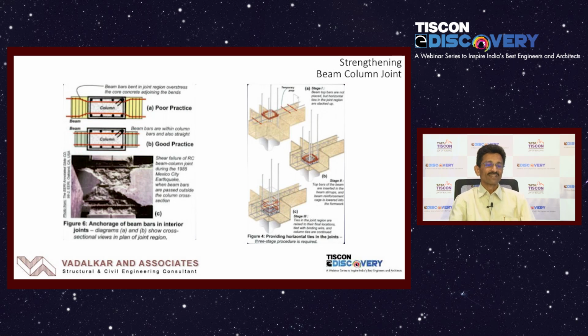This is another sketch which shows the poor practices which are generally being followed even today. We are just putting the bars of our beams inside the column, turning them inside and joggling the bars. But ideally, if the column width is slightly more than the beam width, then we can take the bar straight. This is a good practice. If you try to do this, it performs much better. In the photograph you see here, the beam bars are taken outside the column bars, and then of course there is a failure in the cover zone itself and the beam will fail in shear as well. So this is not desirable.